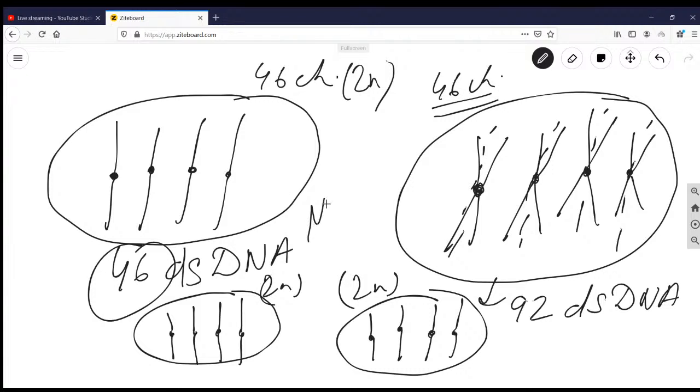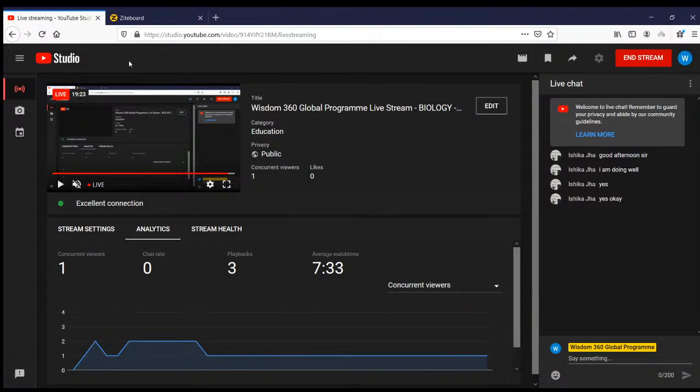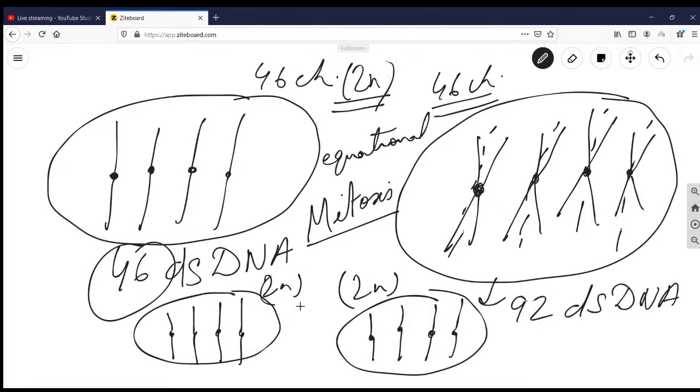This one is mitosis. That is why it is also known as equational division. Equational, because the ploidy is diploid and this is also diploid. The ploidy has not changed. That is mitosis. But in case of germ cells, by which we will be able to reproduce and transfer our traits or genes, the entire genetic material to our son or daughter, those undergo meiosis.